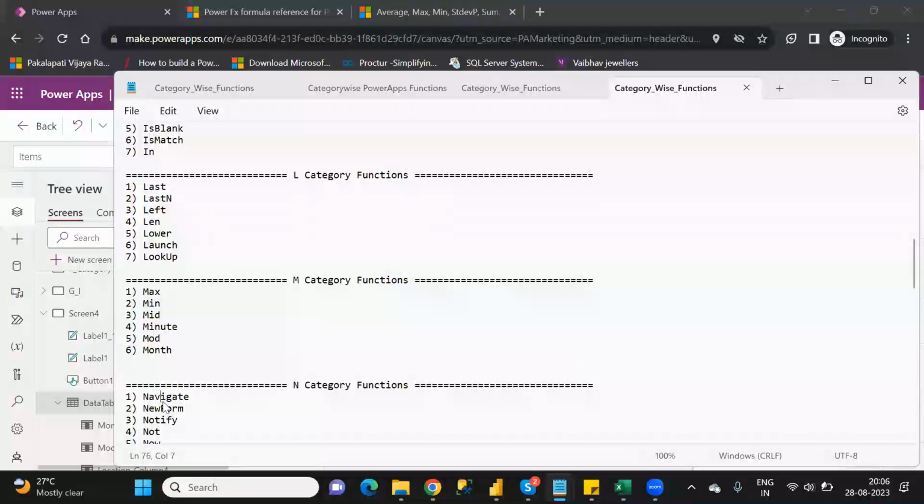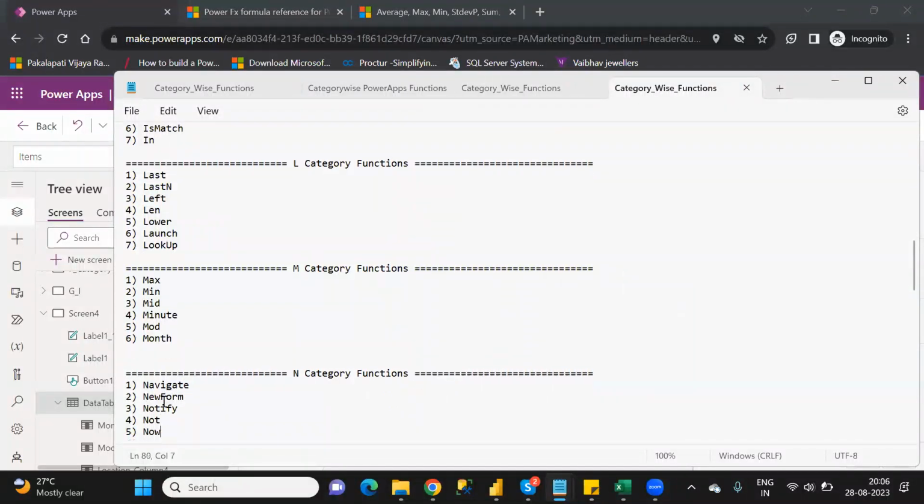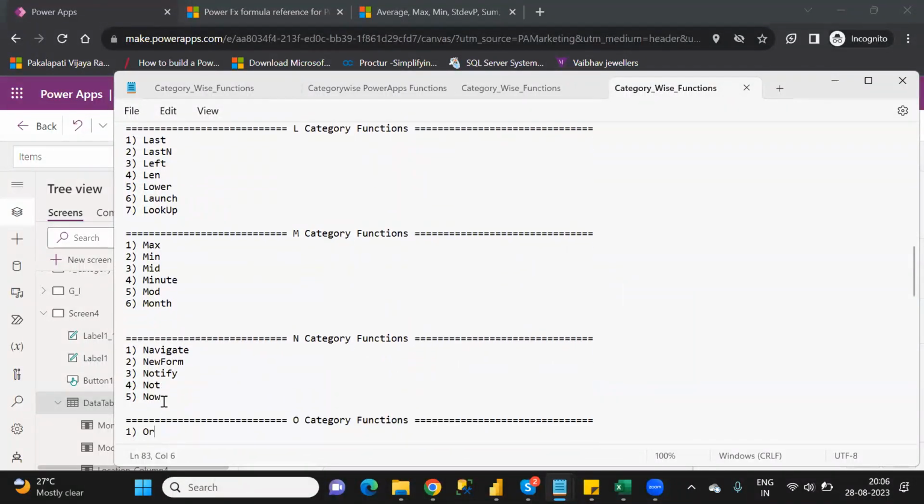Next function is navigate. What will the navigate function do? Navigate means moving from one screen to another screen. I explained this function to you multiple times, so once again, I will explain. Let's see here. Navigate means like